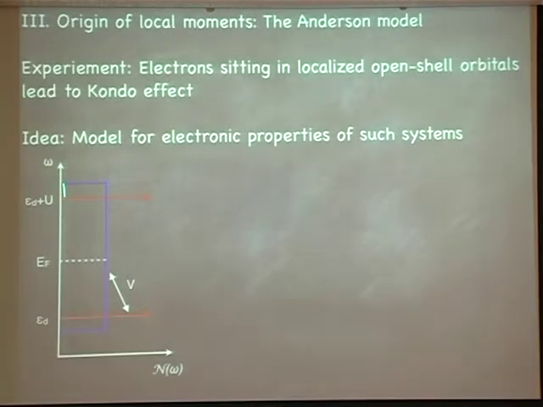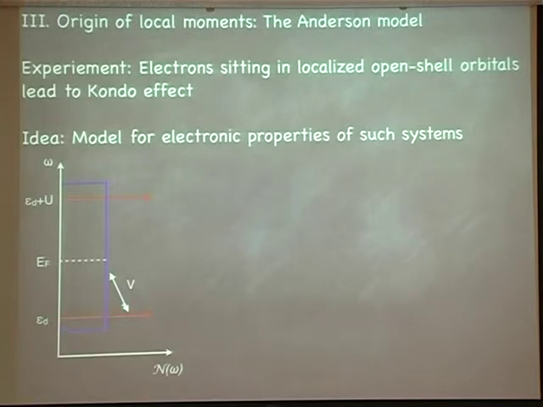Again, we have here the energy axis. Here we have the density of states now. And we assume we have a band electron system, which is this box here, typically filled until the Fermi energy. And then let's put localized orbitals on the atom. One sitting at an energy epsilon d, somewhere below the Fermi energy, should be filled, otherwise we wouldn't have local moments. And the second one sitting at some energy epsilon d plus U above the Fermi energy, because if that also sat below the Fermi energy, we wouldn't have a local moment, we would have a singlet again. That's what Antoine already alluded to.